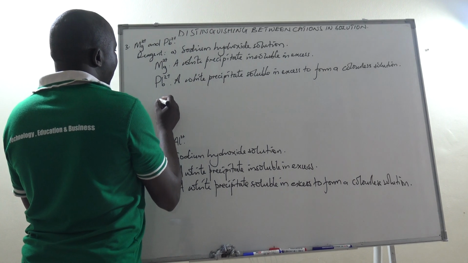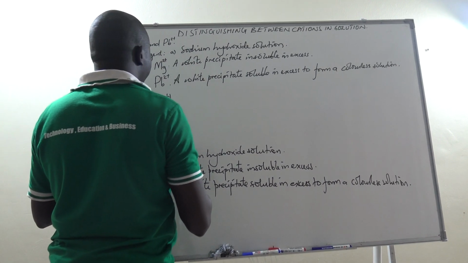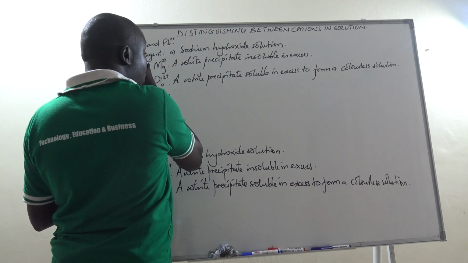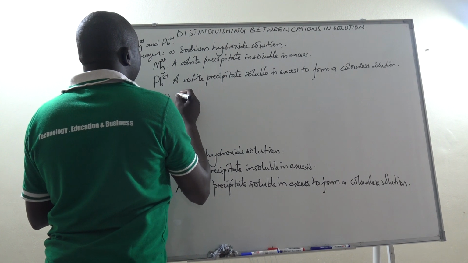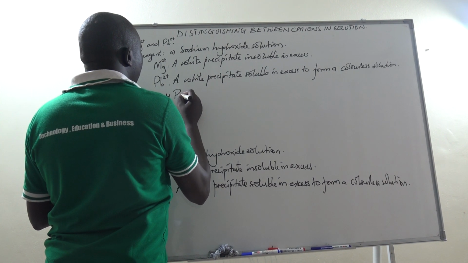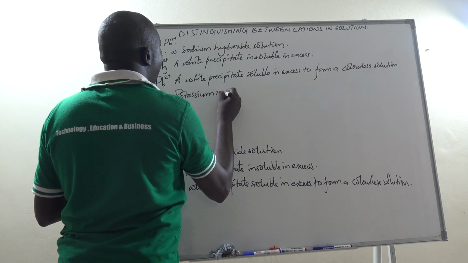We can also use another reagent, by the way. That's why you can see me having A, and there's another B for this. We can now use the confirmatory reagent that we use for testing for lead 2 ion. That is, we can also use potassium iodide